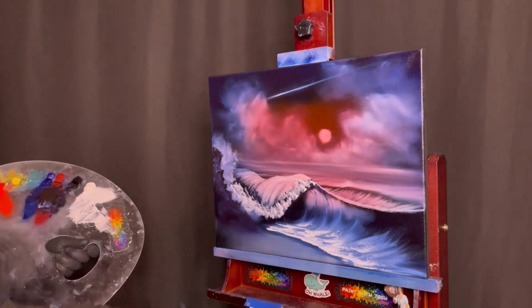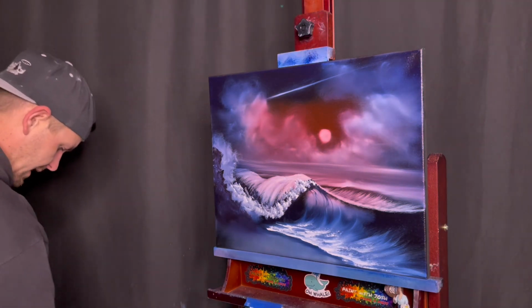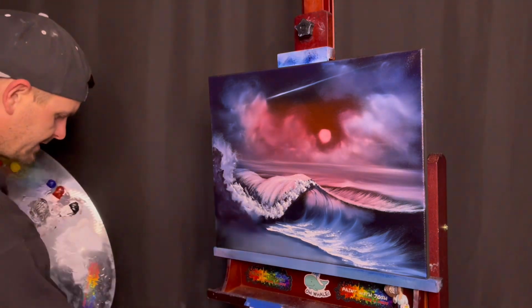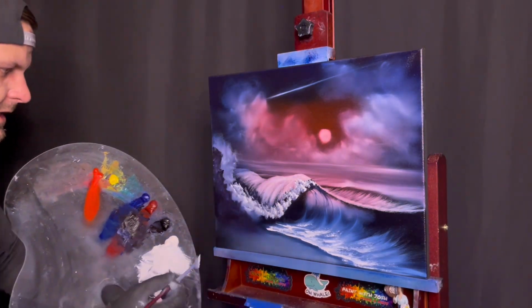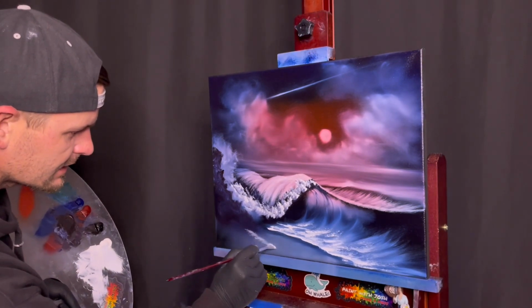Right? As it starts to be sucked up in the wave and spun and rotated over, it's amazing. All right, now we're going to grab another little fan brush, go back into our titanium white and our liquid white mixture. Probably need a little bit more. Don't want a whole lot, right? And we need to make our second little bit of water back here. So a little bit of line,